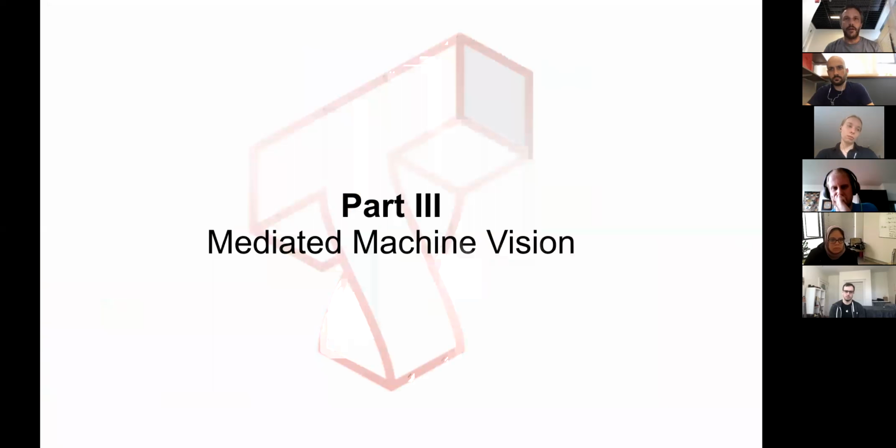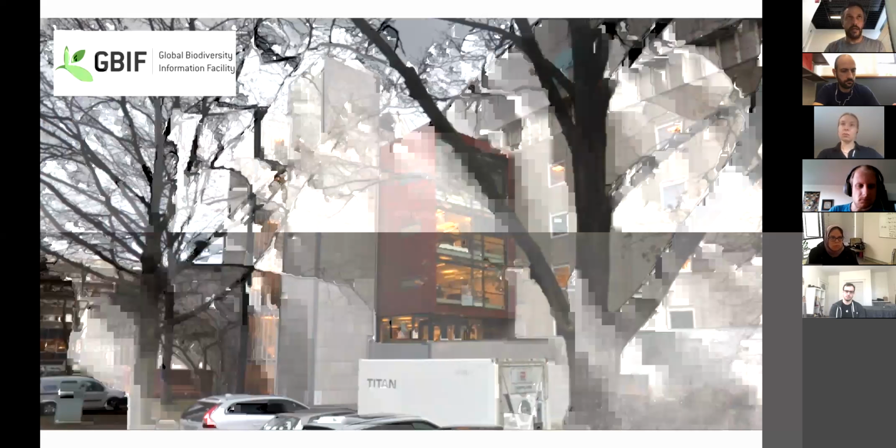Okay, so now let's go back to the original thread of what you saw that led to Merlin bird photo ID and then iNaturalist. Where does that progression go? How do we take that kind of Visipedia powered app and scale it at a global level? Well, it turns out the right group of people to talk to about that is GBIF, the Global Biodiversity Information Facility, and they're located in the University of Copenhagen.